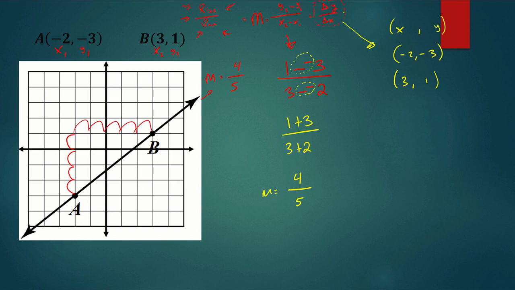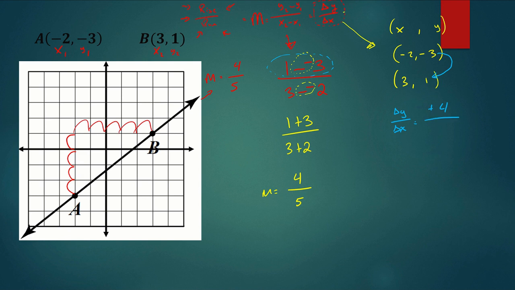So change in y is just the difference in y values, right? This is kind of what we're talking about here. Simply, we're kind of doing it in our head. So if I'm trying to figure out how I got from -3 to +1, well, if we think about it, from -3 to +1, we have to go through 0, right? So from -3 to 0, that's 3 units. And then from 0 to 1, that's 1 unit. So altogether, it was a difference of